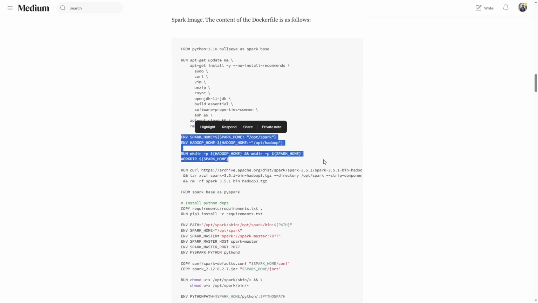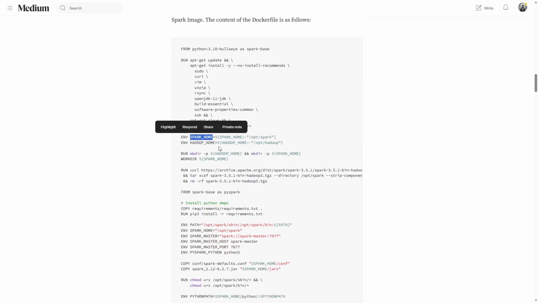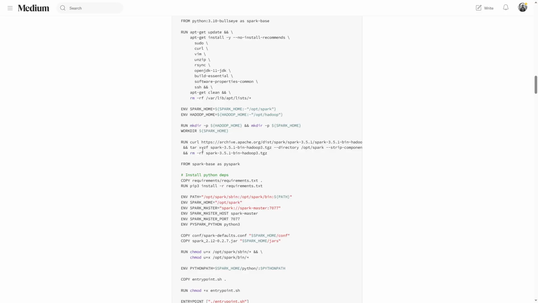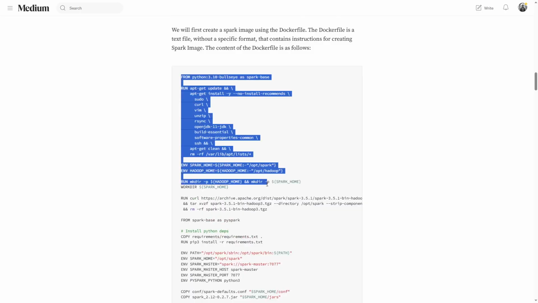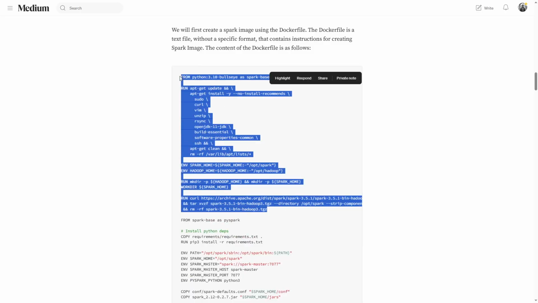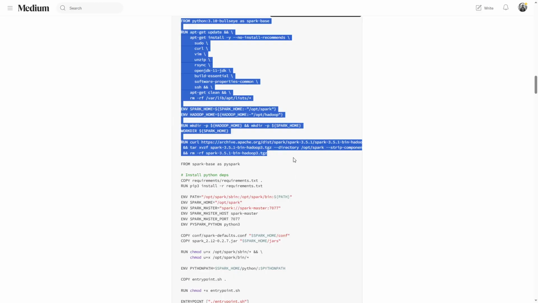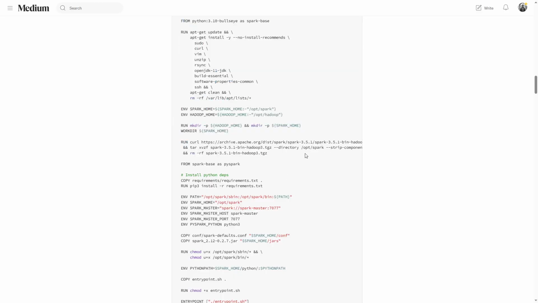Then we have some Spark configurations, like where is Spark home, where is Hadoop home, and then we download the Spark binaries, Hadoop binaries, and then unzip them, and then remove the zip files. And we untar everything in the opt Spark directory. This is a multi-stage build, so first we have this base build done. We have installed everything and downloaded Spark, put it into opt Spark, and then we say that okay, from this Spark base,